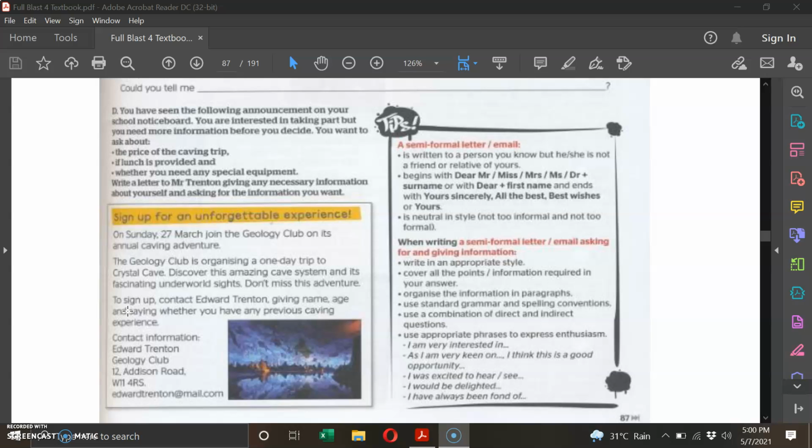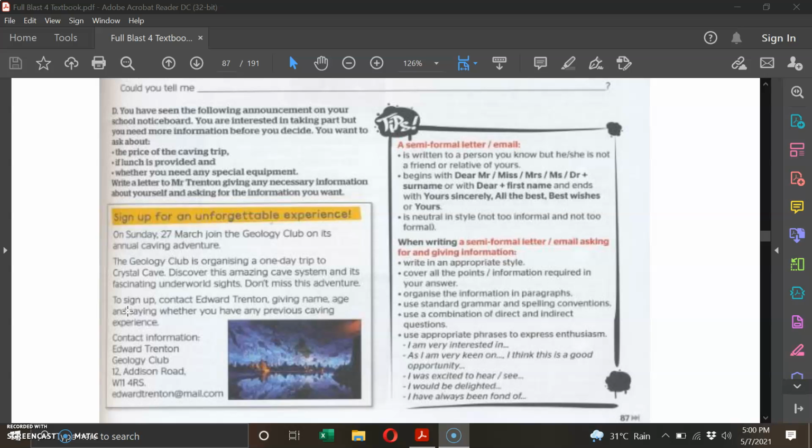Okay, the question is, you have seen the following announcement on your school notice board. You are interested in taking part, but you need more information before you decide. Awak nak mengambil bahagian tapi nak maklumat lanjut sebelum awak membuat keputusan. You want to ask about. Here are the things. Okay, the items that you need to include in your